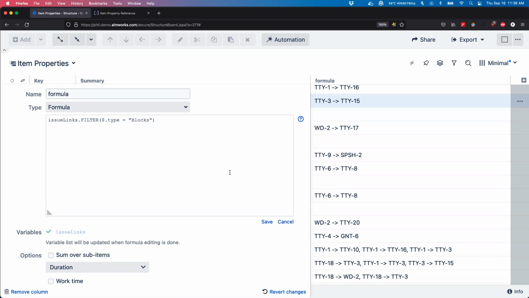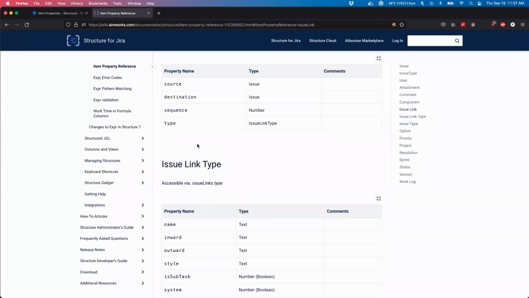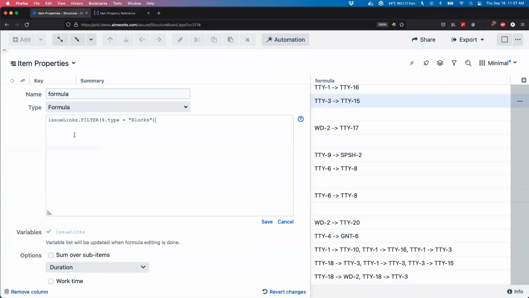We have to filter by the blocking items, and we can do that in 2 ways. We can look at the issue link and remember each link has a destination and a source, where the destination is this issue, or where the source is not this issue. Because if A blocks B, what I'm interested in is all the A's related to the B that I have. So again, I'm going to create a new line because I know this is going to get a little bit bigger. So I'm going to filter all the resulting issue links after this filter step